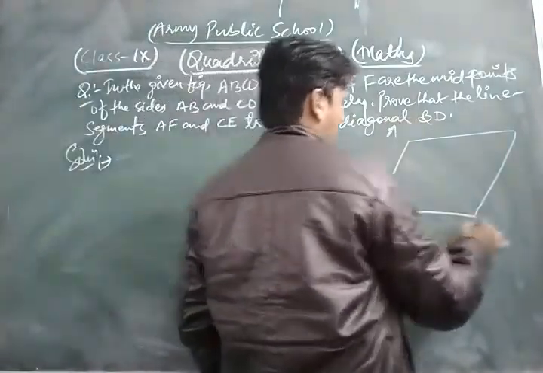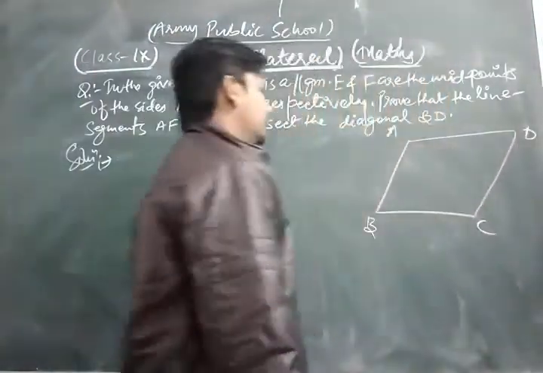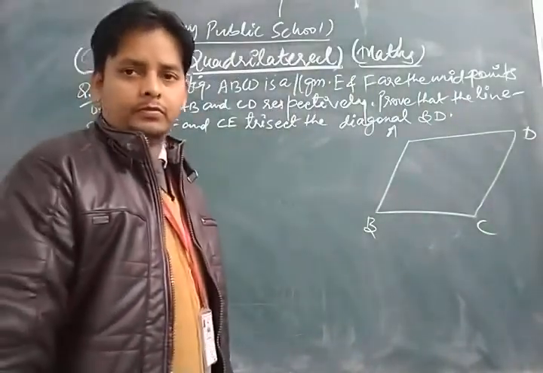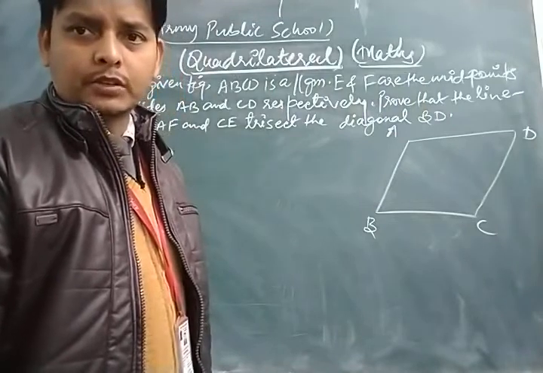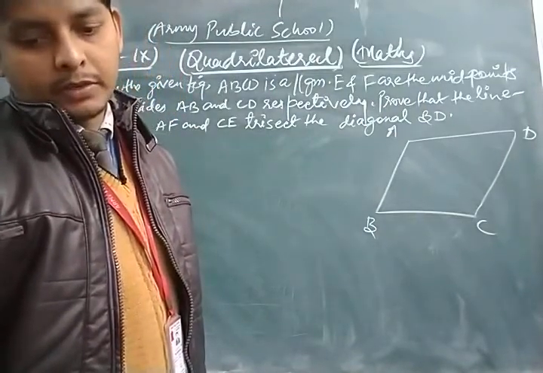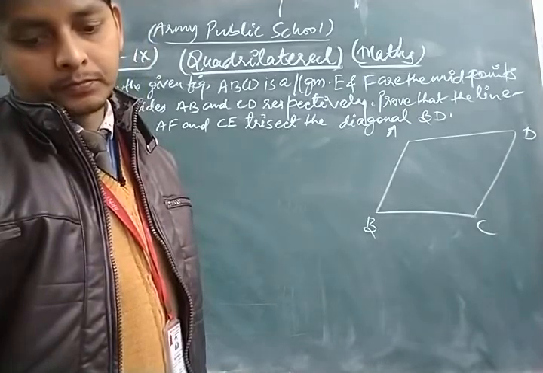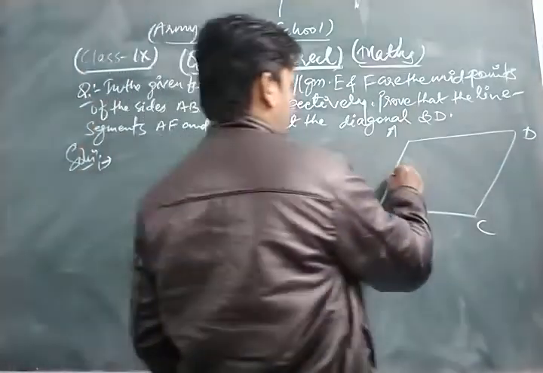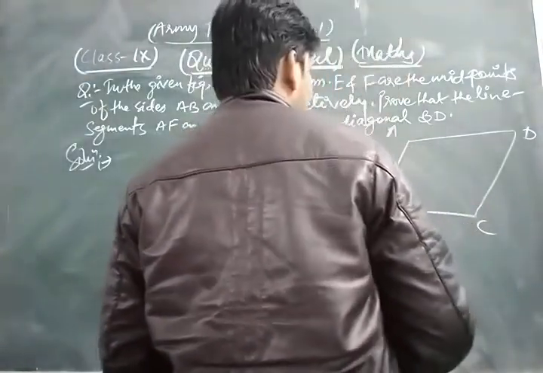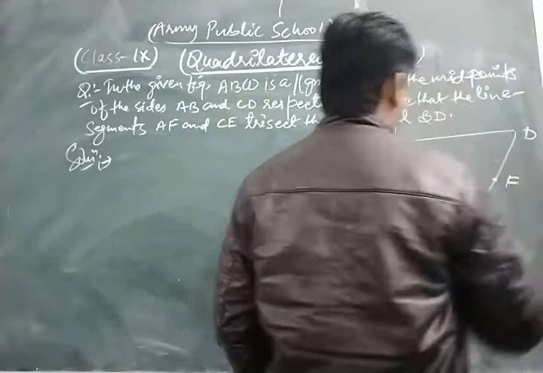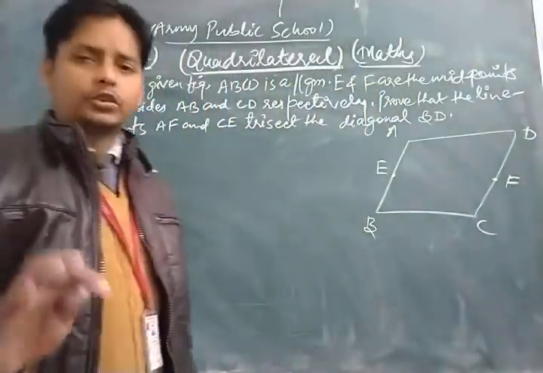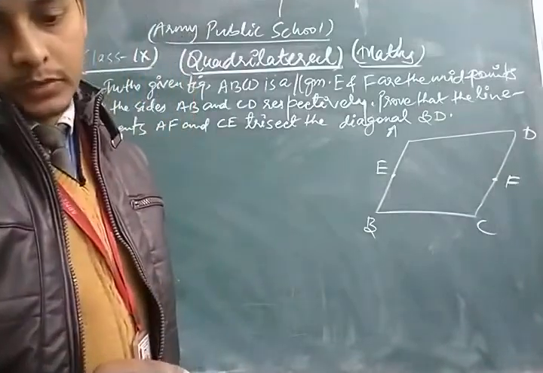ABCD is a parallelogram, which is given in our question. E and F are the midpoints of sides AB and CD respectively, according to the question, and we have to show that the line segment